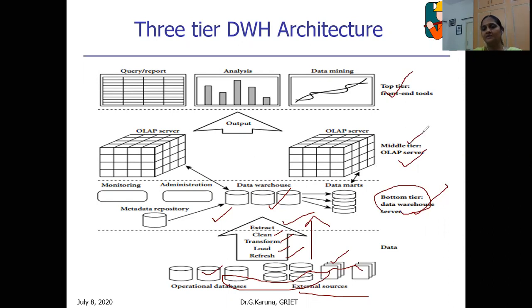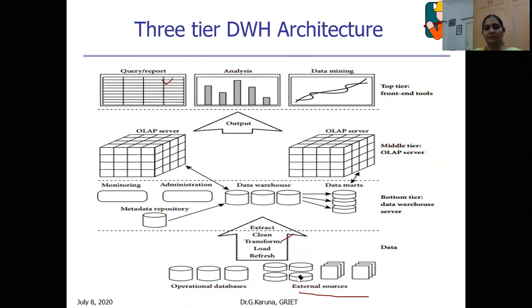Whereas the middle layer is the OLAP server, the online analytical processing server. Here we perform the analysis by using various models such as clustering, classification, and regression, so that we apply the major data mining functions in the OLAP engine. Whereas the top tier is the application level, where the user sends queries and gets the result in the form of histograms or rule format, whatever the format. These are the front-end tools. Let us see these layers in detail in the next slide.